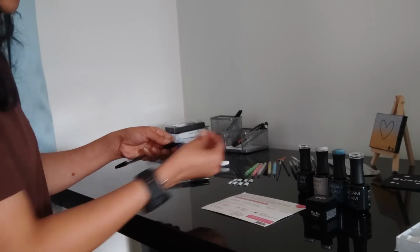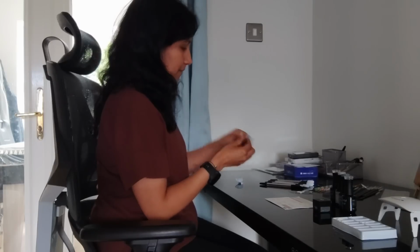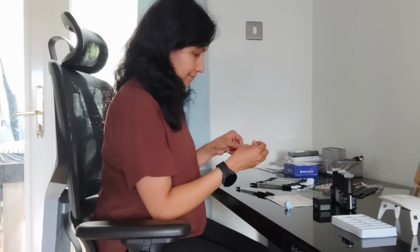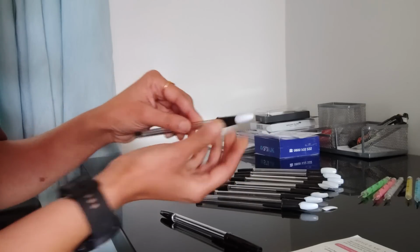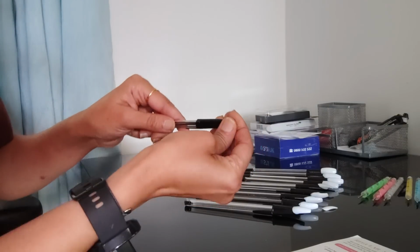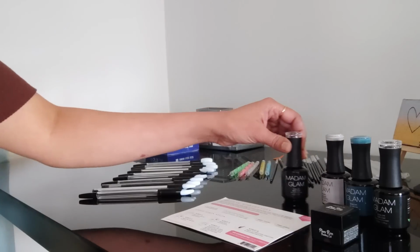And the best part is getting the colors of your choice and getting things done at home in your very own comfort. Certain things can be easily done at home as well. You don't need to spend a lot of money like the nail stand. Use a blue tack and pens, making them a stand, in which way it's a lot easy to work with the nails in creating design and